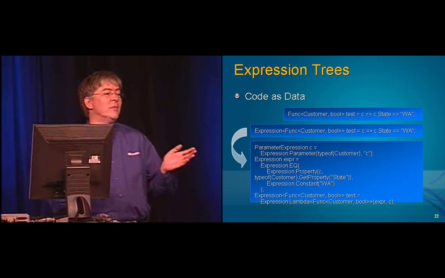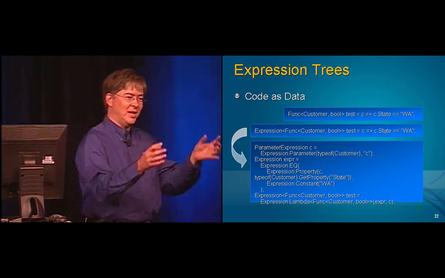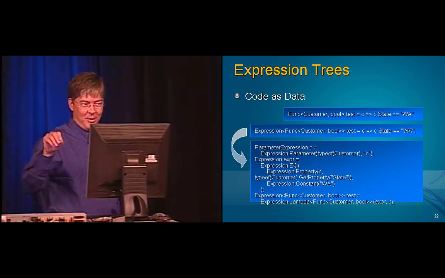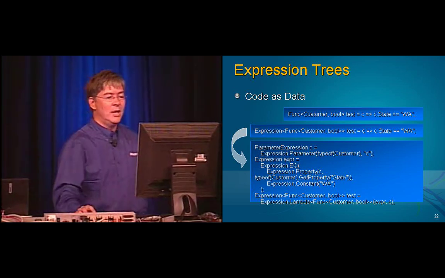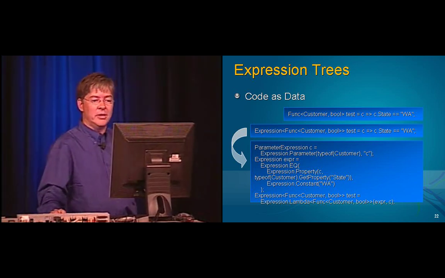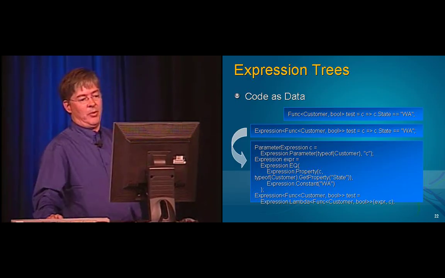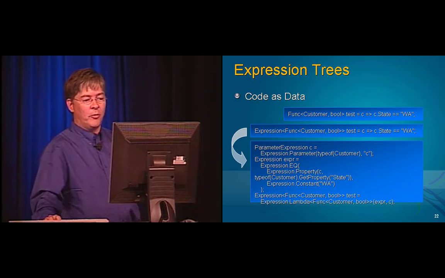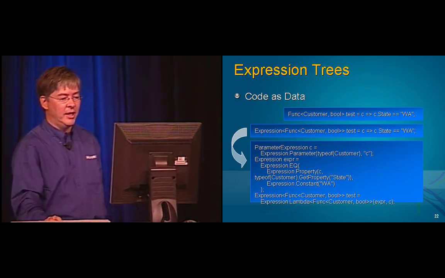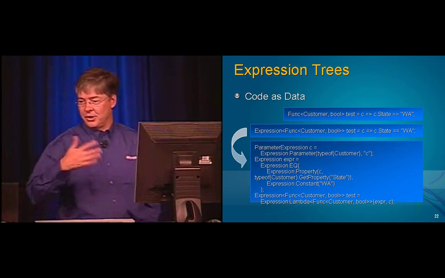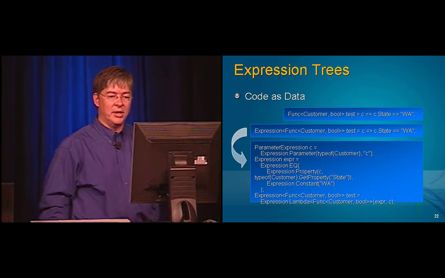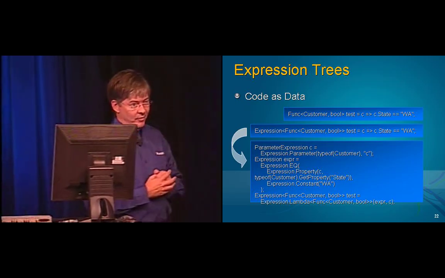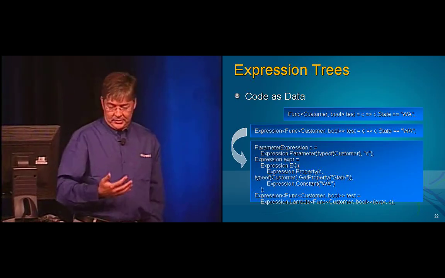Or you may not have even written the lambda expression. You wrote a query expression that we turned into a lambda that then became an expression tree, if you see how it all changed together. So here, the equivalent is that we new up a parameter expression of type Customer, and we new up an expression node for c.state equals Washington, and so on. There's some mechanics behind this. But the important thing is that we now actually, as part of LINQ, have what you can think of as